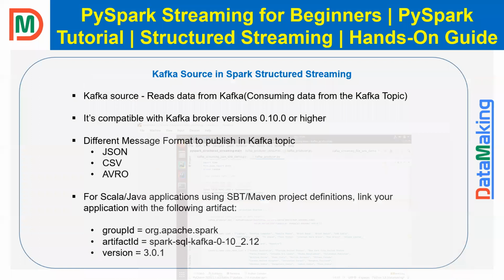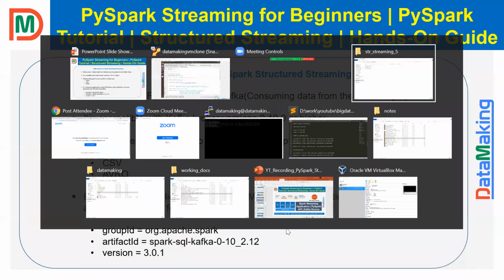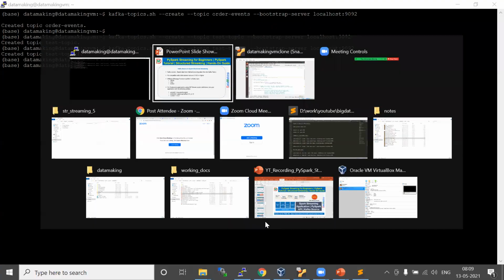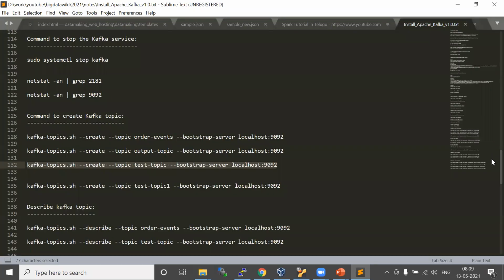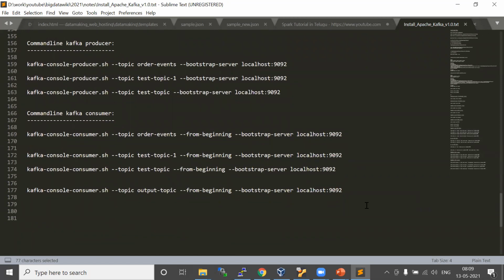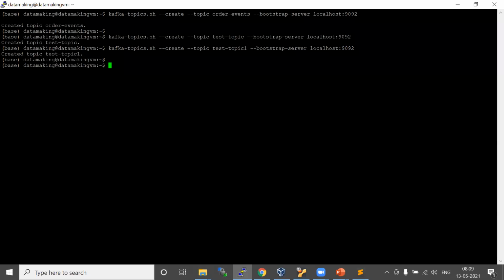Okay, let's run our Kafka console consumer so that you can monitor here. There is an output topic I'm going to consume.